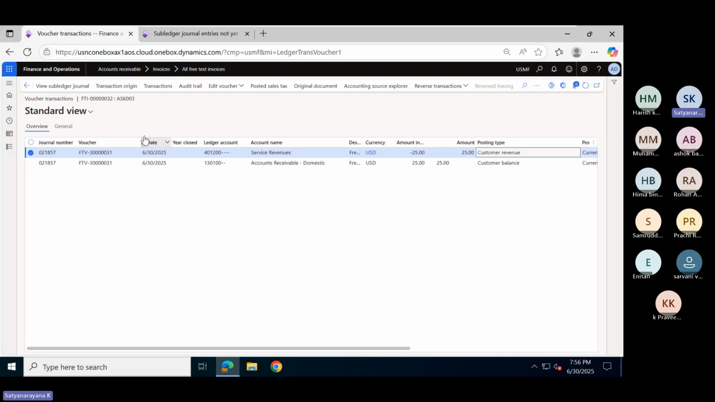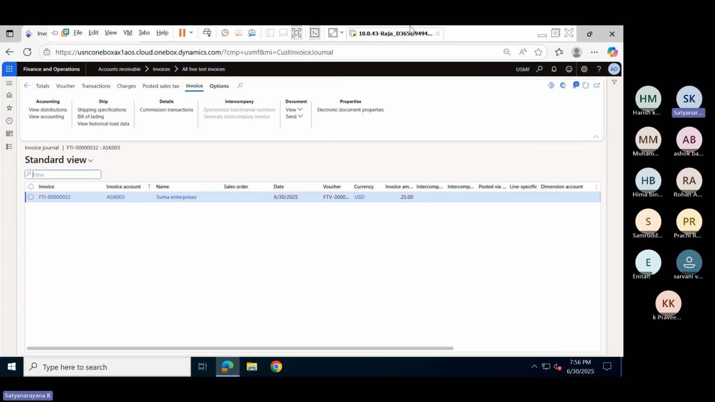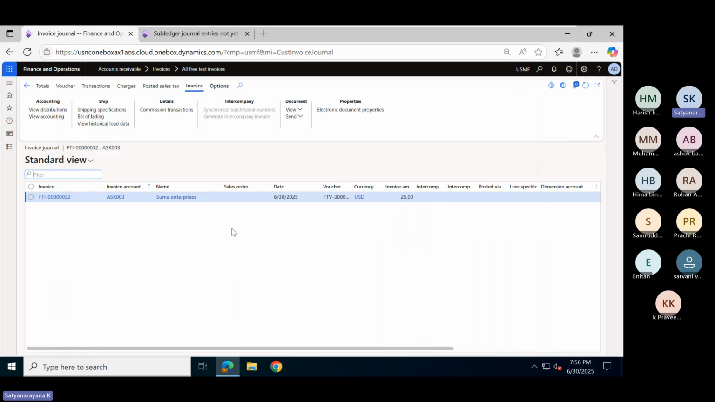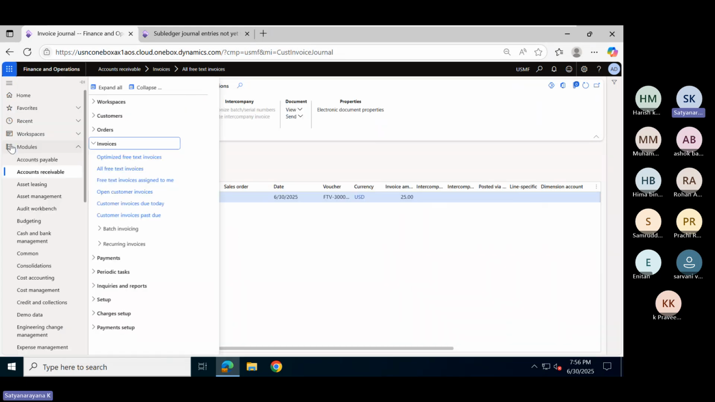Fine. Now, vendor invoice. Let us see vendor invoice. If it is a vendor invoice, vendor account credit. The rule is the giver, because the vendor is giving the material, the giver. Okay, so let us understand now. That is accounts payable,